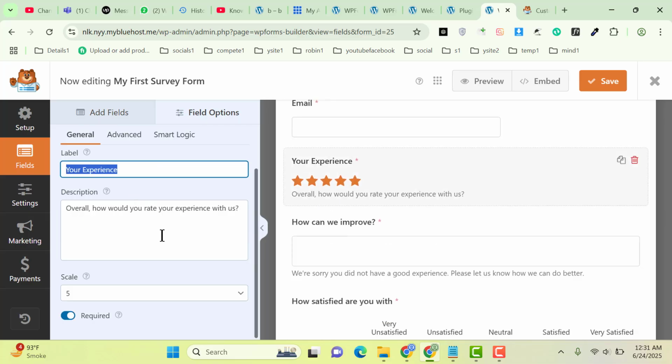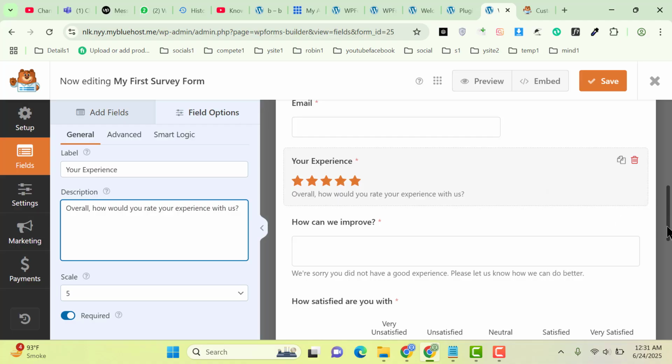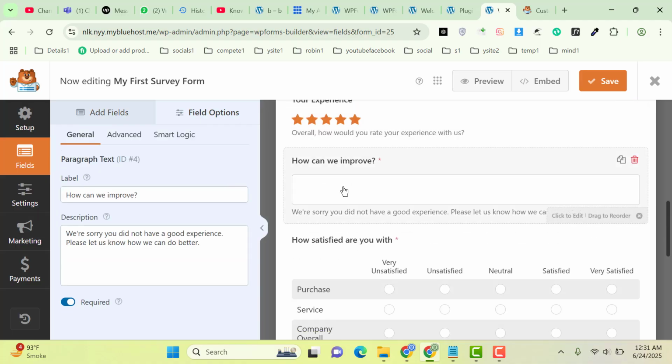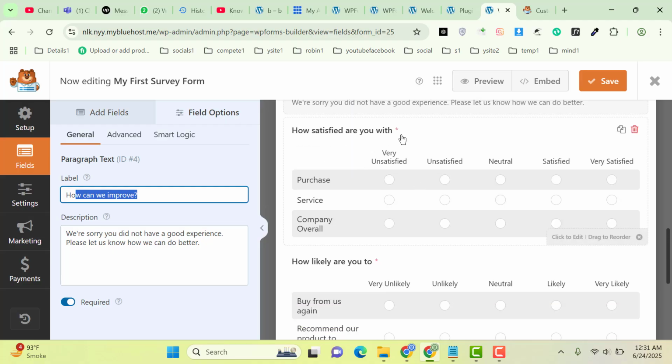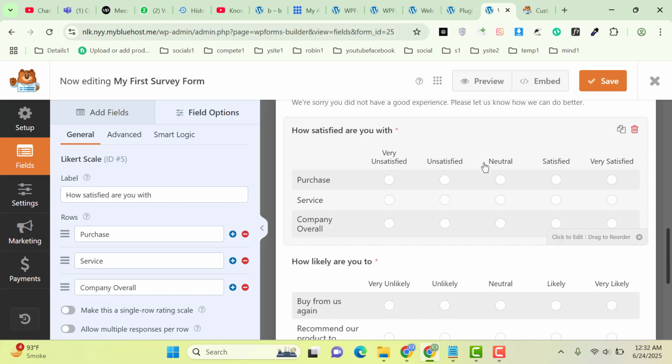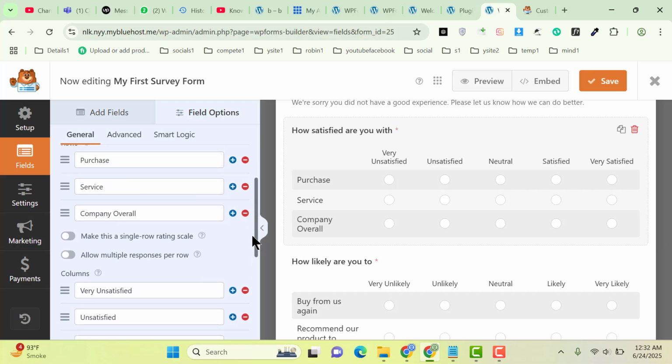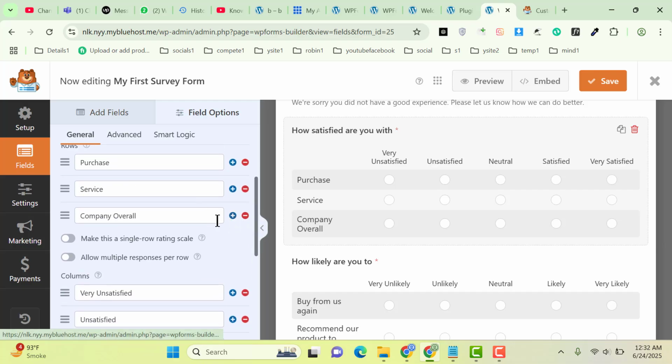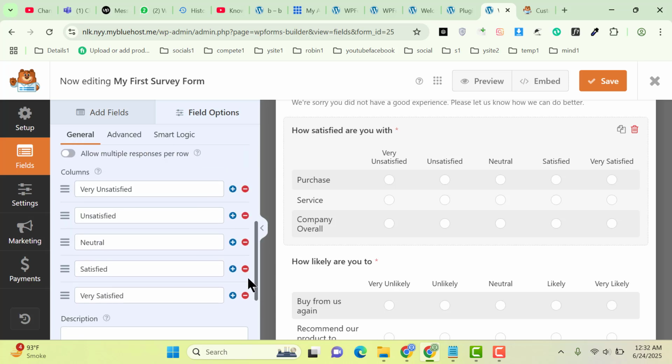You can also change the text, and then how we can improve. So you can also change this text, then scroll down, and here you can click on this field and you can easily replace it with your own text. Scroll down, and you can also add more and more. So these are the options. Very unsatisfied. So these are the 5 different options,